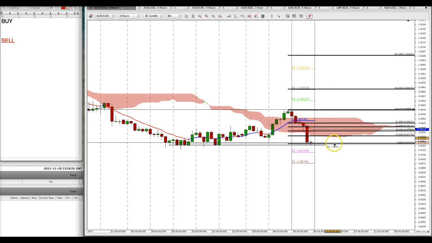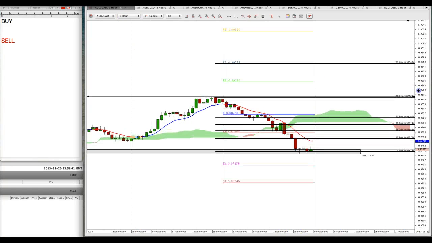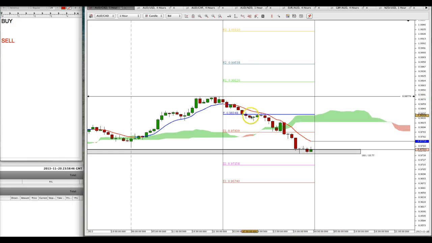Now on this trade, could we have taken a trade going south? Yes, most definitely, because price was below the central pivot point and the 10 moving average line, even though it was inside the cloud on the 4-hour chart. If we look at the 1-hour chart, let me just remove this line, price broke below the central pivot point, below the 10 moving average line. We could have taken a trade even if price was above the cloud, because price was below the central pivot point and the 10 moving average line, and it had to